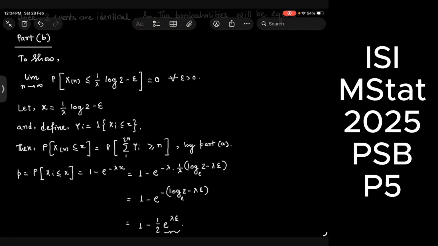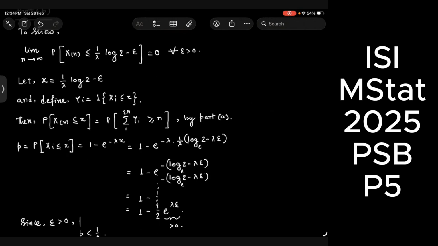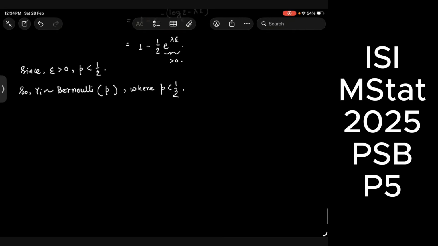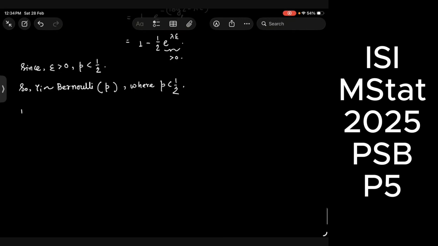Now, what we have to find? Now we have to find